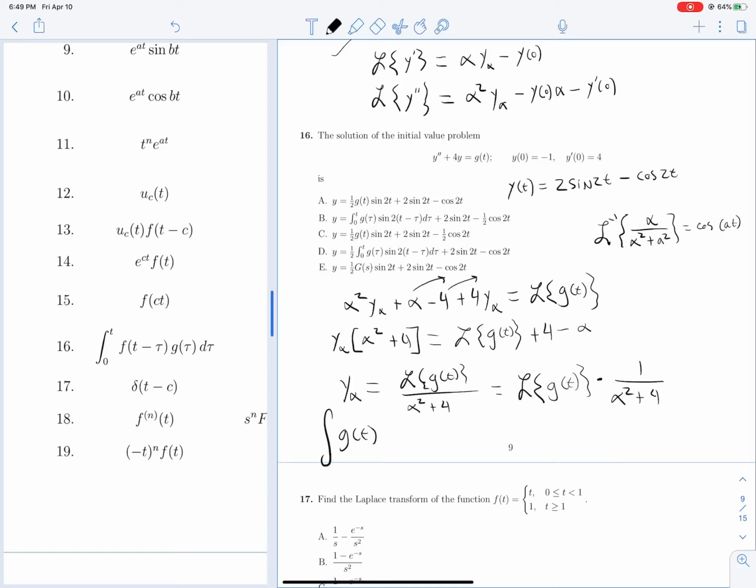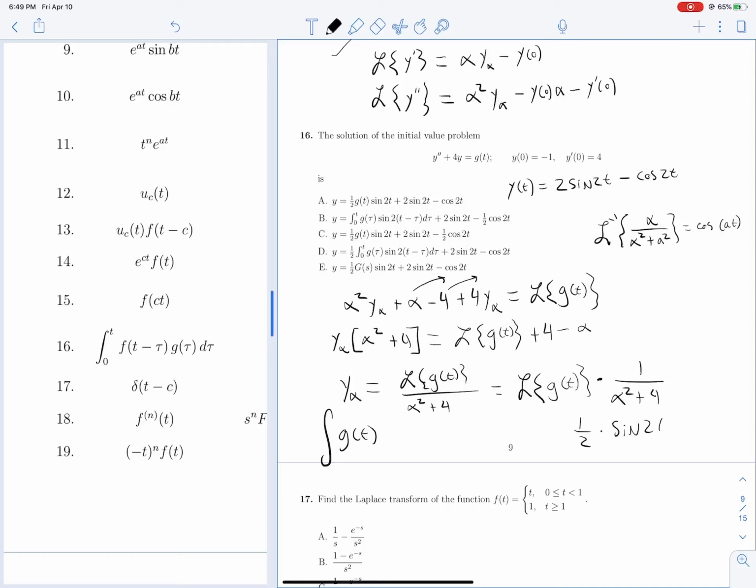And that would be, let's see, if we write this as 1/2 times 2 over alpha squared plus 4, well, the inverse Laplace of this will be, just as we saw earlier, the Laplace of a over alpha squared plus a squared is just